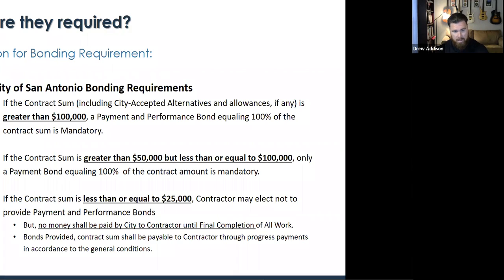So what does that mean for you as a contractor? If you are spending money for supplies or mobilization, you have this upfront cost, and you're not sure when that money could be coming through, and this is a smaller contract, it may not be a bad idea to look into posting the bond to the City of San Antonio in order to engage those progress payments to help you pay for those costs. So all this is extremely important to take note of.